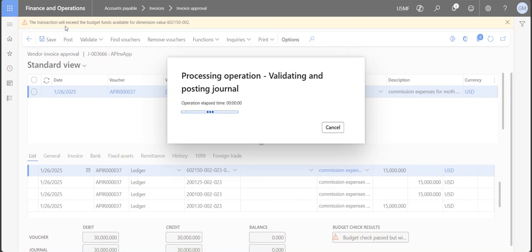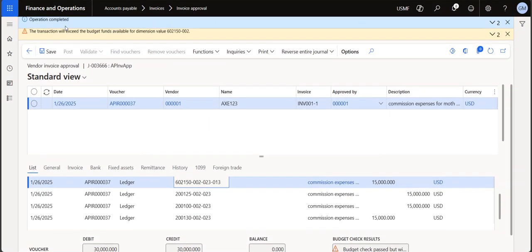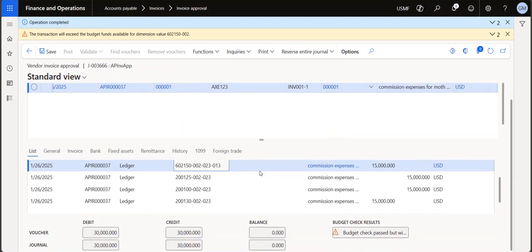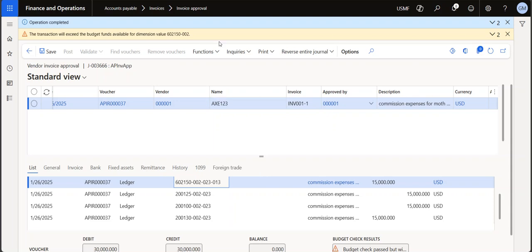This is the budget related error. We will see more detail on this particular budget issue. Now this particular invoice transaction has been posted, and if you want to view the voucher,